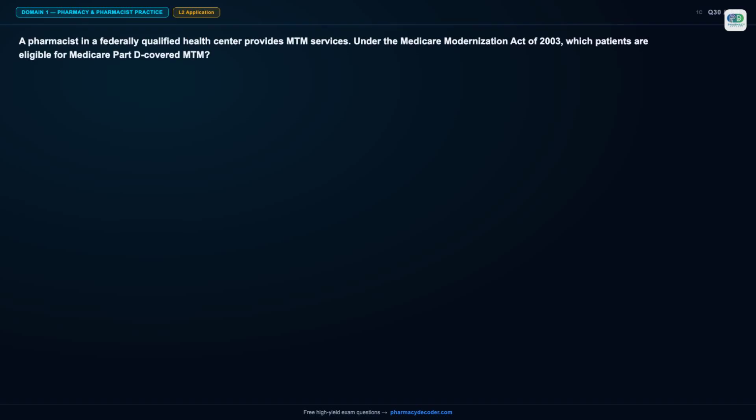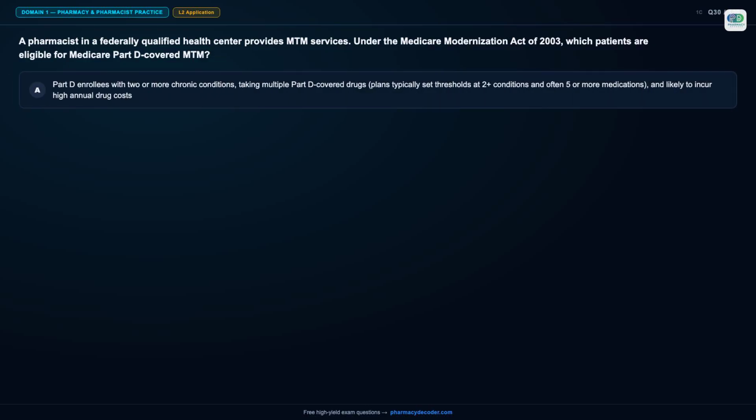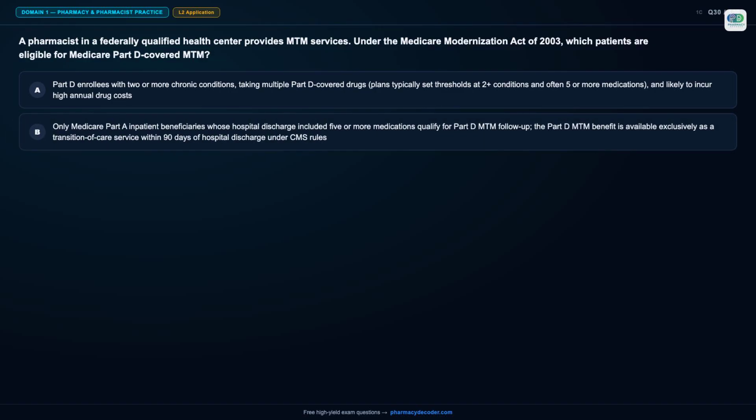Question 30. A pharmacist in a federally qualified health center provides MTM services under the Medicare Modernization Act of 2003. Which patients are eligible for Medicare Part D covered MTM? Option A. Part D enrollees with 2 or more chronic conditions taking multiple Part D covered drugs. Plans typically set thresholds at 2+ conditions and often 5 or more medications, and likely to incur high annual drug